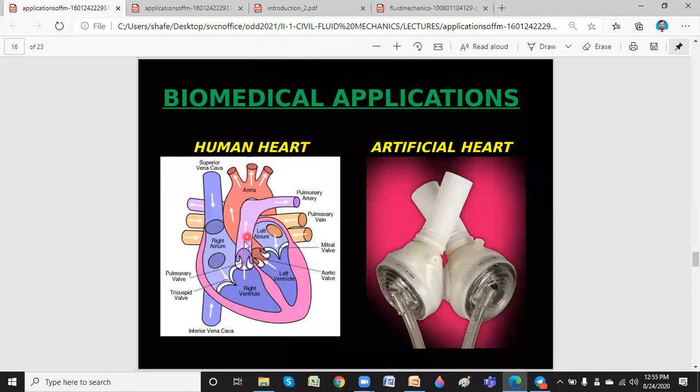Okay, then obviously what happens, that blockage is because of some fat, right? So then obviously I have to use a stent, or I have to go for a bypass surgery. I have to clear that so that the blood can flow very freely to various parts. Otherwise you know what the complications are. I want to survive. The human heart is a very important pump for us, and it has to pump the blood to various organs. And again, it's pure fluid mechanics.